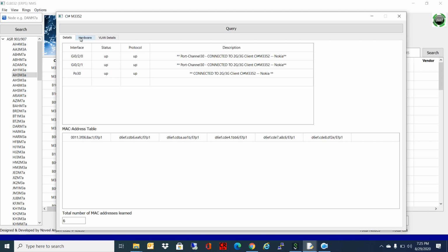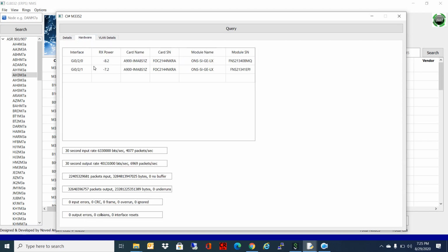In the next tab, the hardware tab, there is another table showing the RX power column. In this column, we can see the optical power received from the client side on this particular port. Then the card name is shown, which card is used for this circuit, and the serial number of the card.